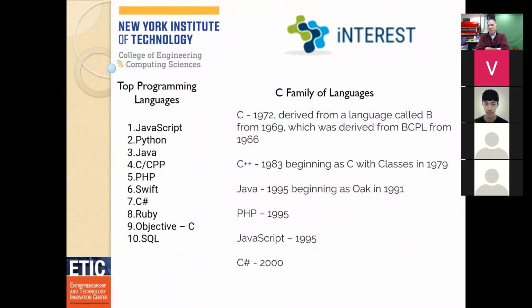A few overview topics to talk about before we show some of the coding. There's something we call the C family of languages. The reason we call it that is the way we structure the syntax, the way it compiles and operates, and the way we structure the objects in object-oriented coding so that they communicate with each other. The way we do that in the C family of languages is extremely similar. And the reason we call it a family is that once you learn one, it's not terribly difficult to learn the other. There are tons of differences between them, but the overall syntax and the way things are structured is pretty similar.